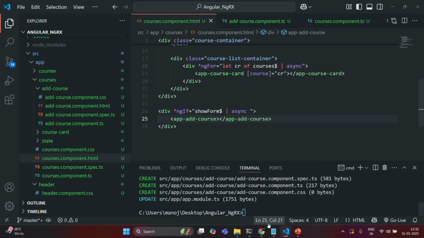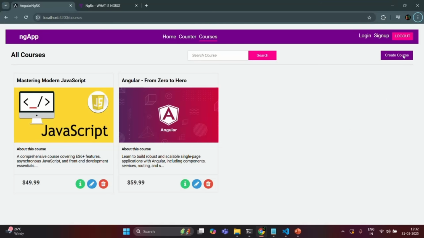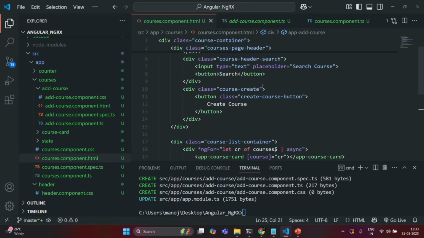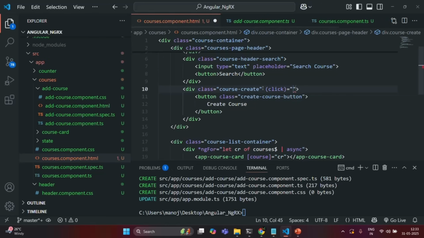Now what we want is, whenever this create course button is clicked, we want to dispatch the show form action, and there we want to pass the value as true. So on this create course button, I'm going to add an event listener. So here we have that button. Here, let's go ahead and let's bind the click event. And here I'm going to call a method